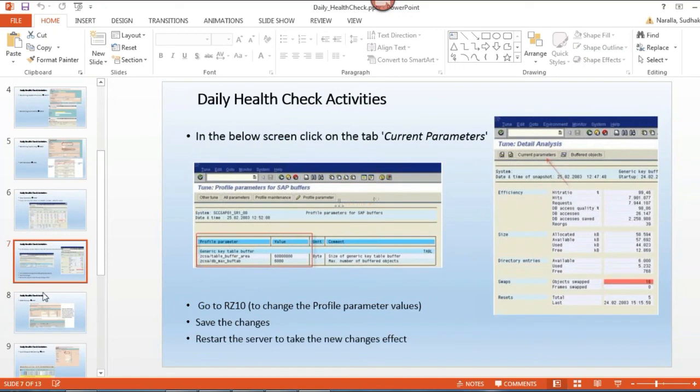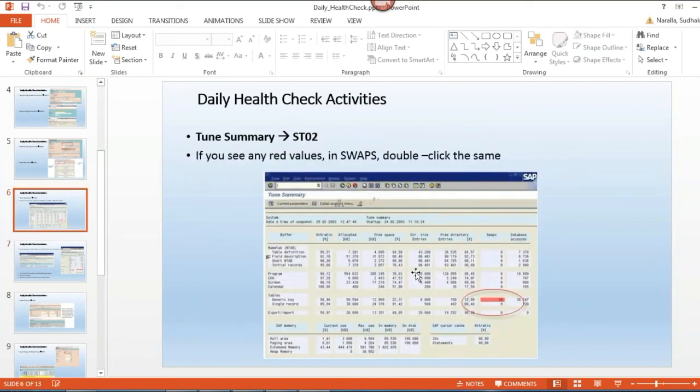So if the swap memory shows high numbers, we need to restart the system. Is any other action required? No other action is required. The only solution is an instance restart. But an instance restart is not required for 1 swap, 2 swaps or 3 swaps.